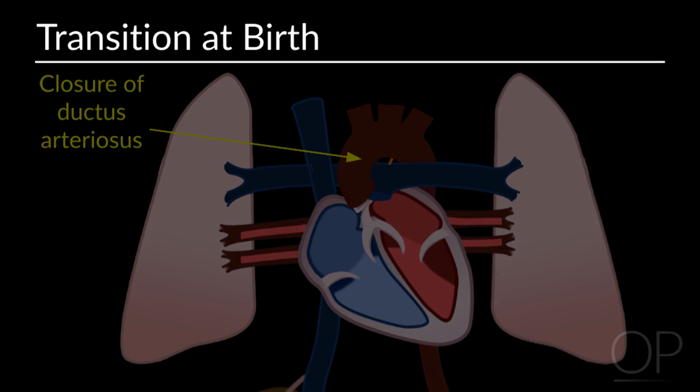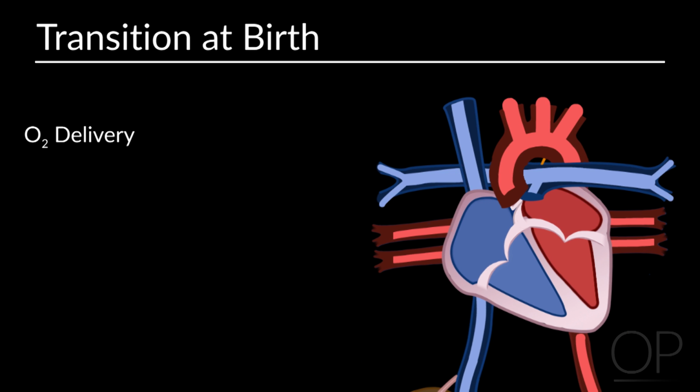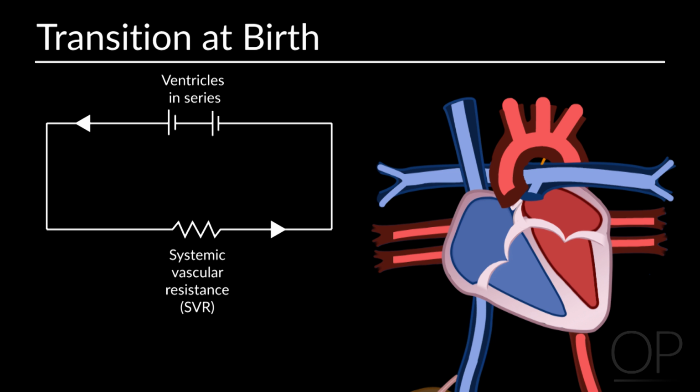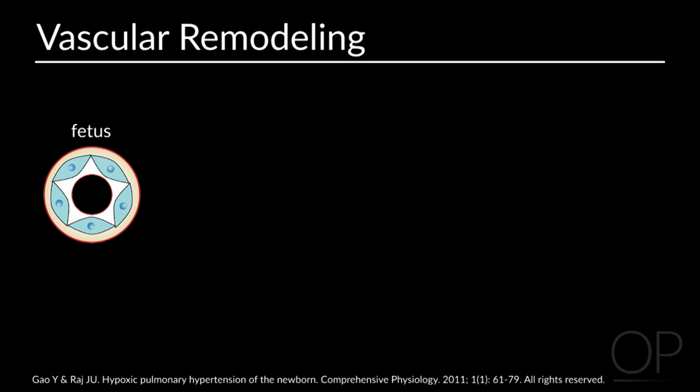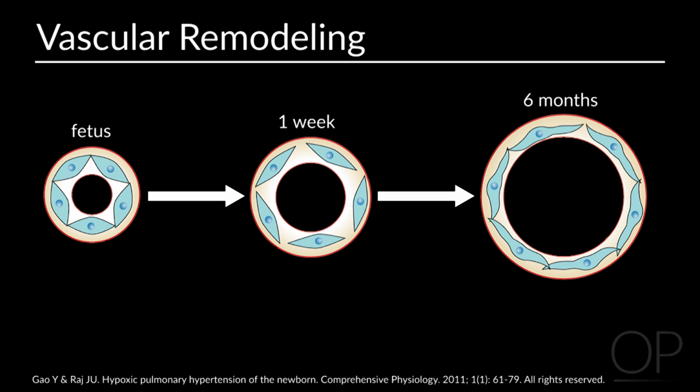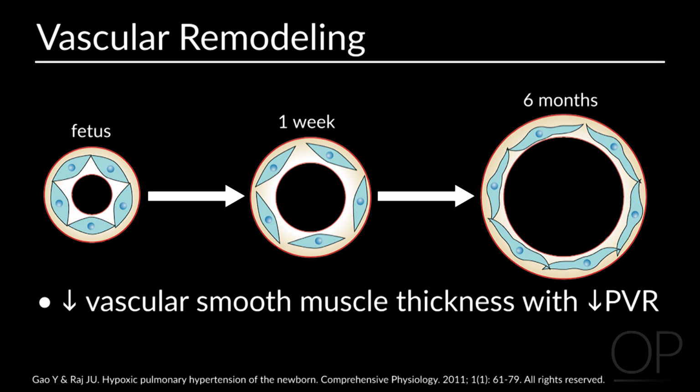So now the delivery of oxygen to the peripheral tissues is mainly dependent on the oxygen content of blood with respect to the cardiac output, because the right and the left ventricle are now working in series, and there is a slight decrease in the cardiac output of the newborn. The last step in this adaptive process is vascular remodeling, which takes place in the first week of life with a reduction in the thickness of the muscular layer of the pulmonary vessels, with a further decrease in pulmonary vascular